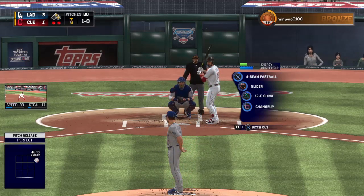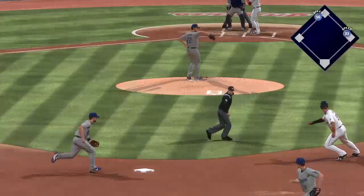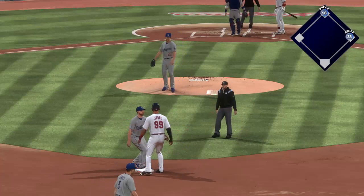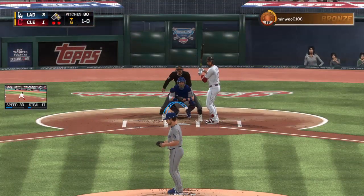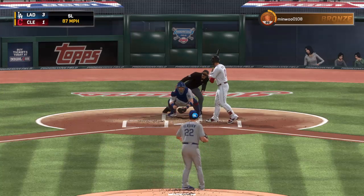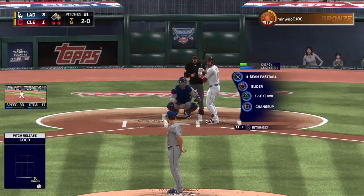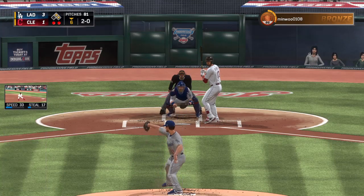And he'll lay off a fastball here in a good spot, but ruled a ball, 1-0. Pickoff move to second, and the runner back easily. We're in the 6th inning here in a 3-1 ball game. And that misses low and inside. 2 balls and no strikes. Great chance right here as a hitter to be aggressive. You can pretty much count on a pitcher